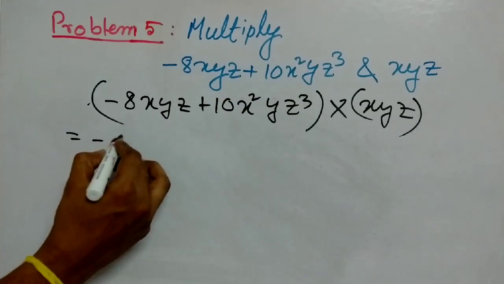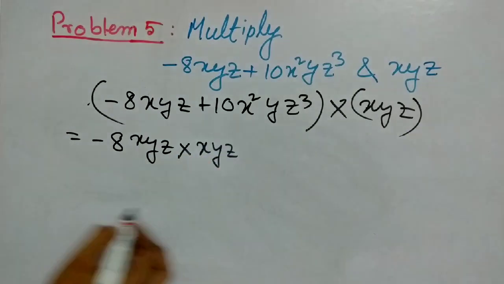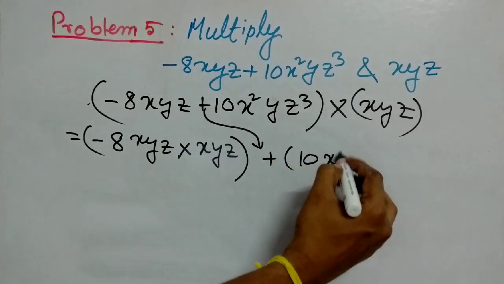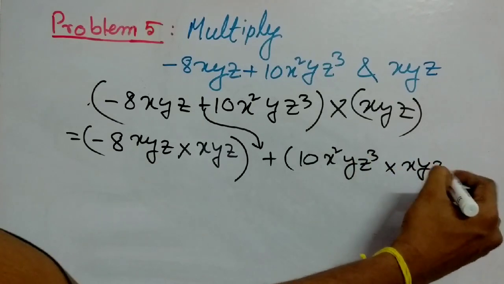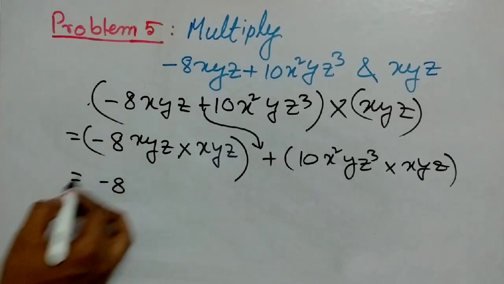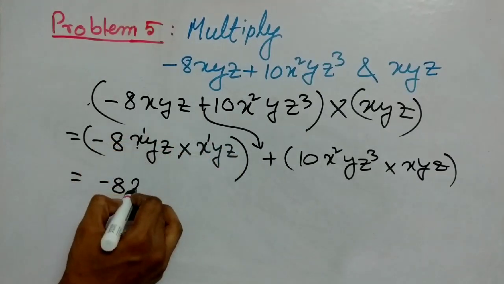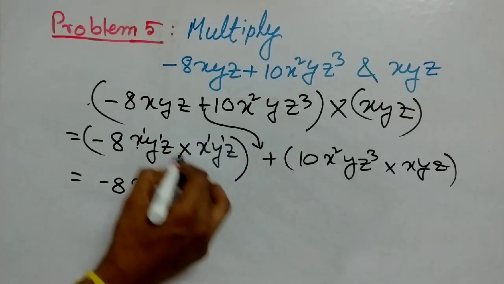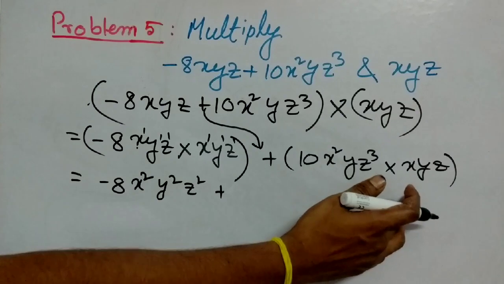So that equals to minus 8xyz into xyz. Okay, so this plus sign will come over here and it is 10x square yz cube into xyz. So minus 8, and here is nothing, means 1, so it is minus 8 only, and x power is 1, x power is 1, so these powers will be added. So x to the power 2, y to the power 1, y to the power 1, so y to the power 2, and similarly z to the power 2, plus this is 10 and here is 1, so it is